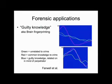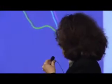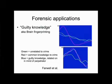Finally, there's another EEG-based method for basically detecting deception. It's based on guilty knowledge, that is, knowledge that only the perpetrator of the crime would have. And it's, again, the same basic idea of looking to see whether an innocent person